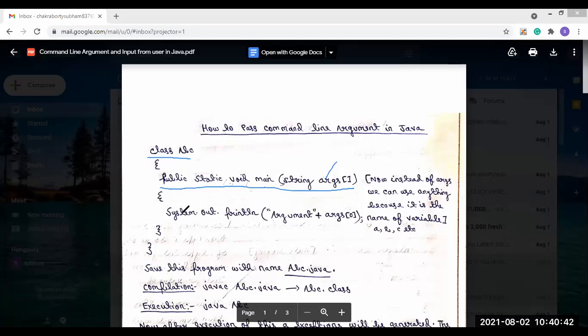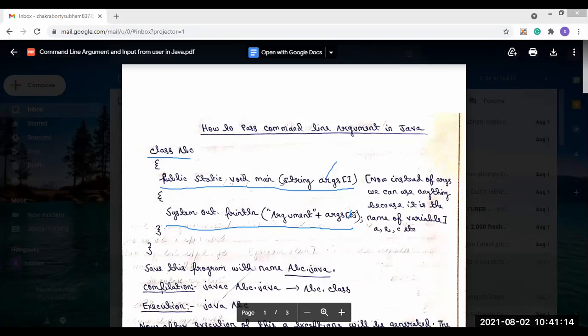And inside main, you see we have written System.out.println, a string argument plus args[0]. Args[0] means the first index of the string array we are passing. We want to print the value stored in the first index, because 0 means the first index.